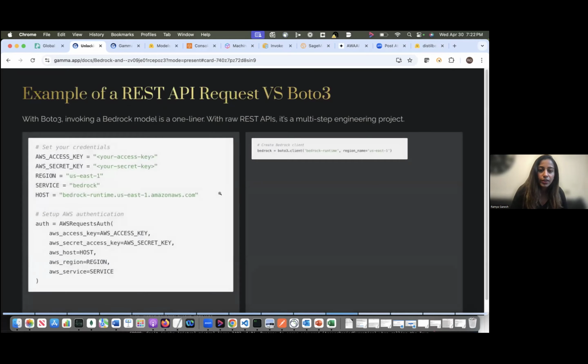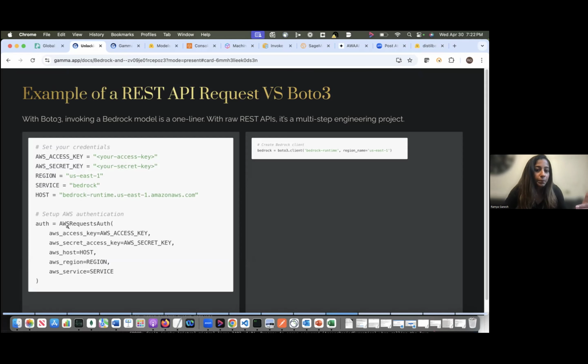And the next one I want to show is a comparison. Say, for example, you're running an HTTP request, there is certain configuration that you would typically write when you're coding in AWS. You will be using access key, secret key, region, host, and all those authentication details go into it.